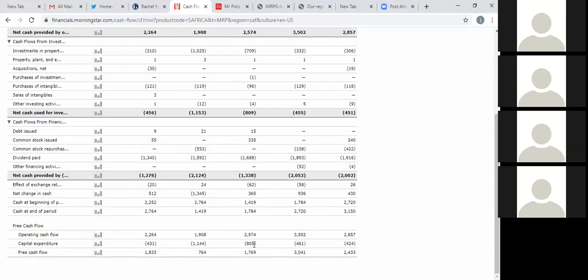So operating cash flow is the total amount of money, 2.8, is the total amount of money that we have as a business. And then we said now we need 4.24 as capital expenditure. This is the amount of money that we are going to use to refinance business growth,